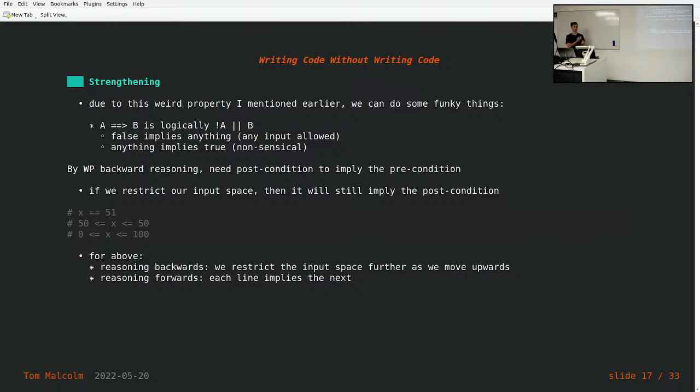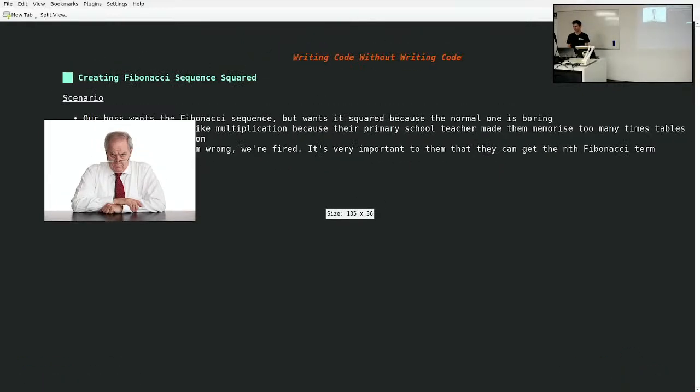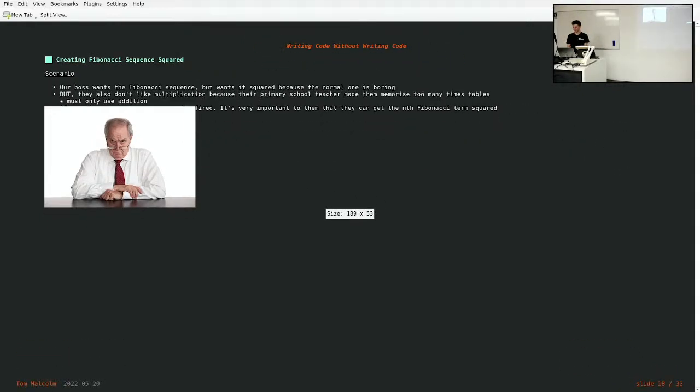So that means that going up, we can make stronger statements about the variable that we're concerned with, and that helps us when reasoning about our programs, because we can simplify things a bit, or we can introduce things. So, the scenario that we had with a broken image, because this is not working,